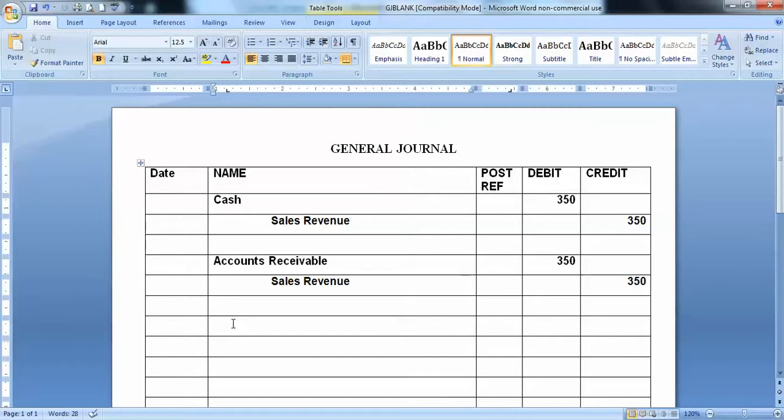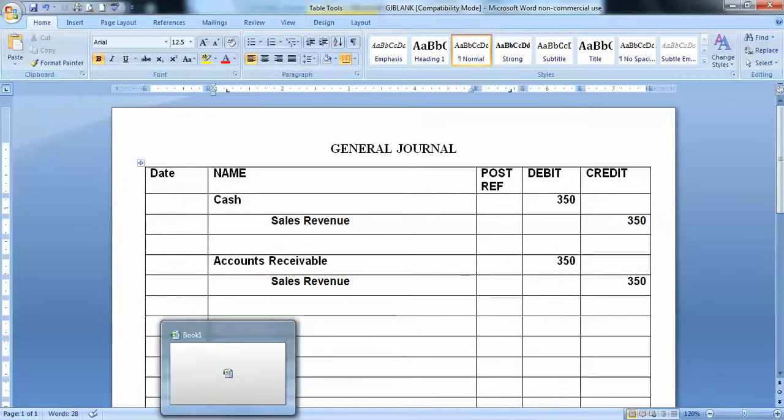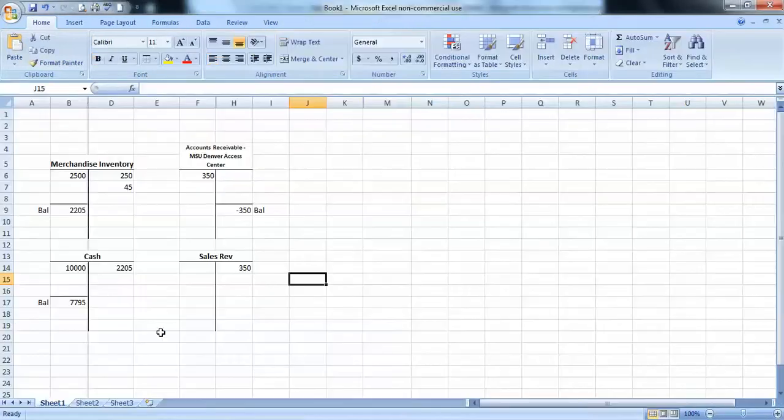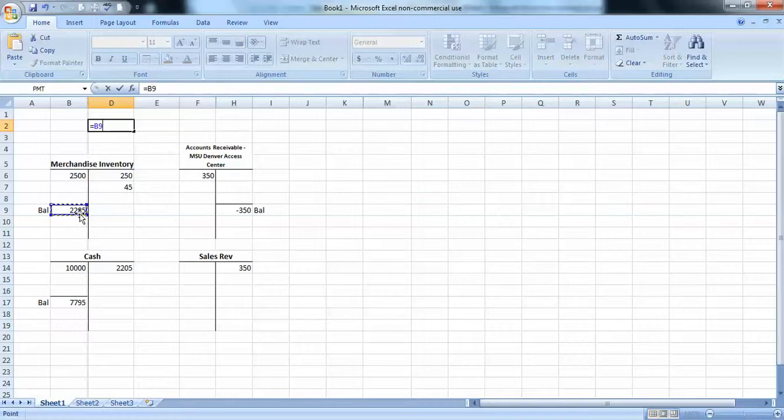What was the cost of those workbooks? We had originally purchased them for $25 each, but is that the cost that now remains after discounts and returns? Let's take a look. We still have 100 workbooks, but the cost associated with them is $2,205. So what is the actual cost associated with each one of those workbooks? Well, if we take the 2,205 and divide that by 100, we have a cost of $22.05 per workbook that we will